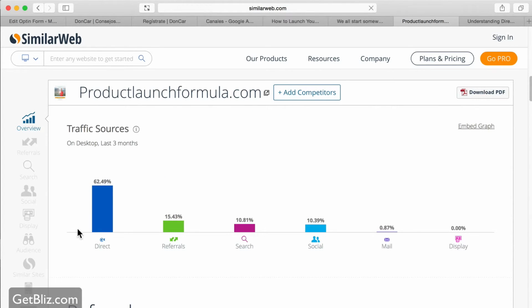You can see that most of his traffic is coming from direct traffic. Why? Direct traffic, like I said, is traffic that usually comes from people clicking on a link inside an email. These very, very successful information marketers have email lists with tens of thousands, sometimes hundreds of thousands of subscribers.